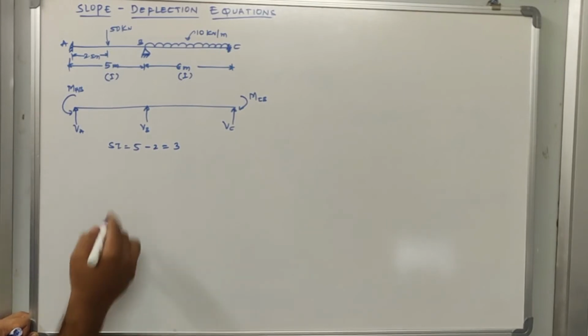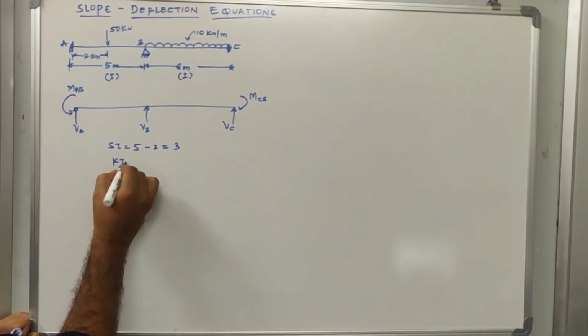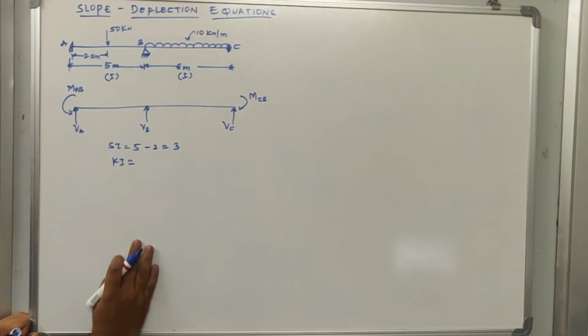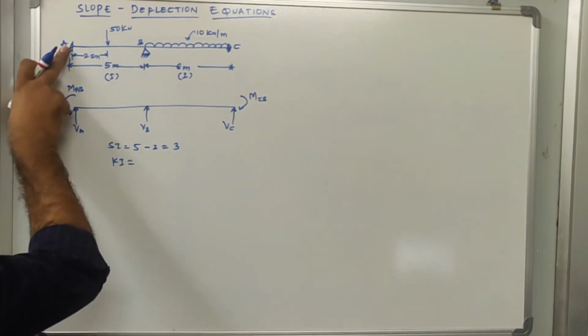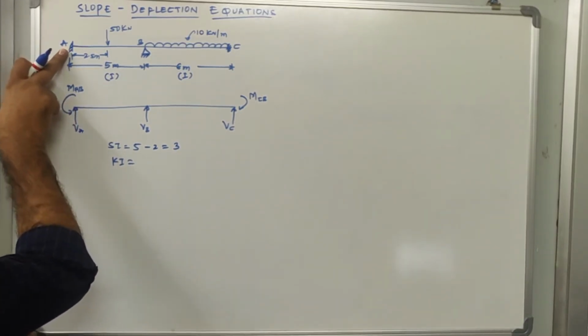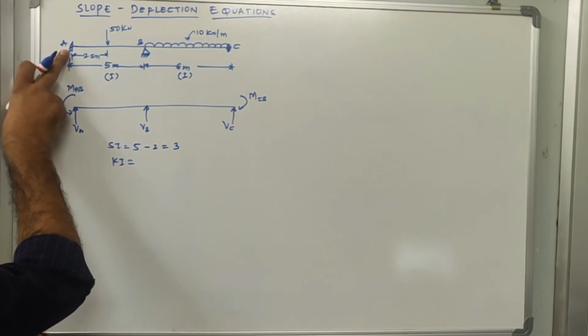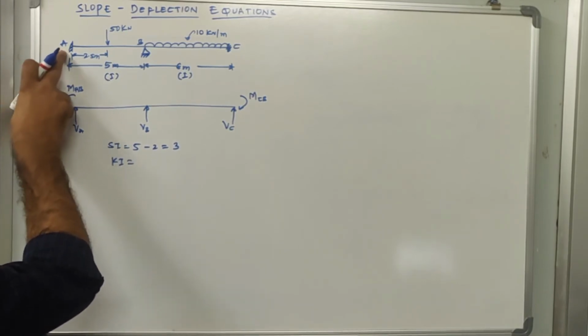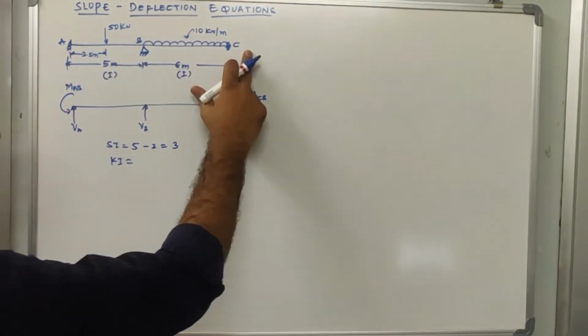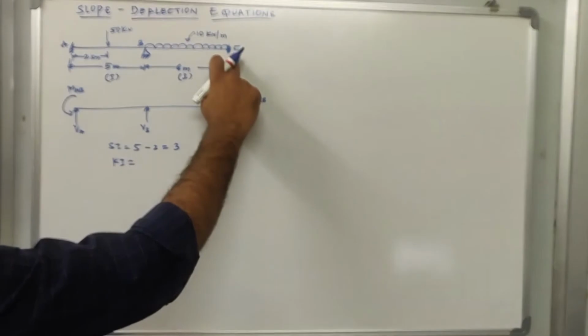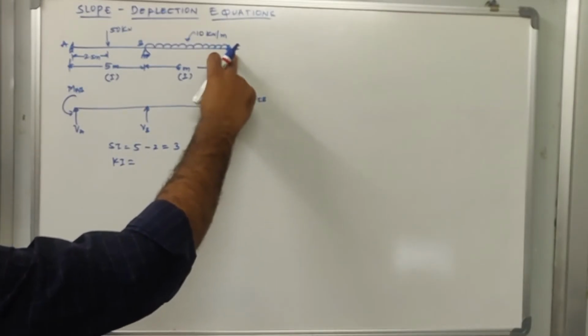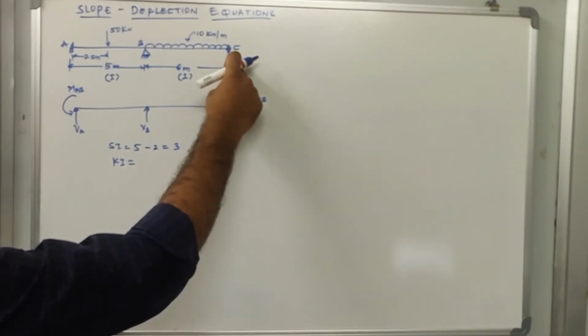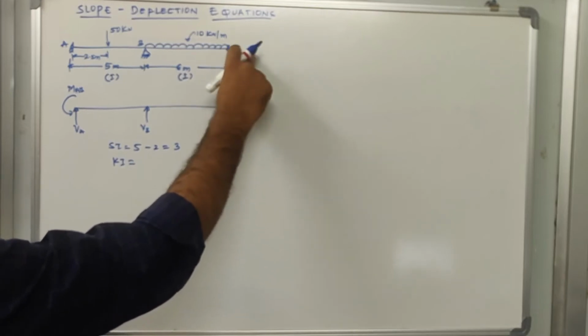Alright. Now let us determine the kinematic indeterminacy of the structure. First let us analyze this joint. This joint will not undergo both rotation and deflection, so henceforth this will be 0. Okay, theta is also 0, delta is also 0. Now going to this side, again this is also fixed, so this will not undergo any rotation or deflection, so both the values are 0 here.